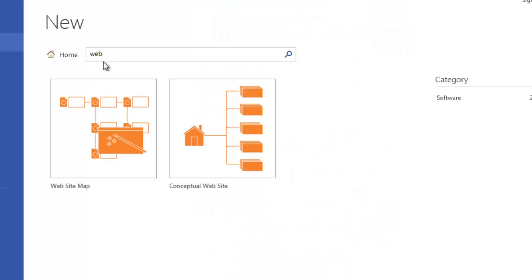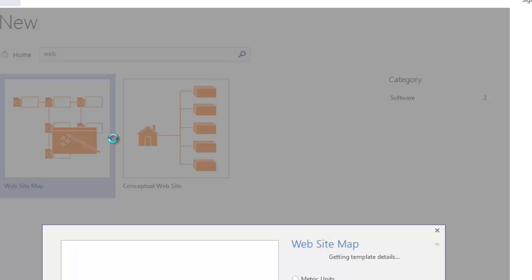Okay, so I went in and I opened up web, and that brought me these two templates that would be appropriate for this. One is a web sitemap, and what that does is allows you to look at existing websites and have Visio map them out for you. The other is conceptual website, which allows you to create a new diagram of a website that does not exist yet. So one of the things that I want you to do today is go ahead and choose website map,